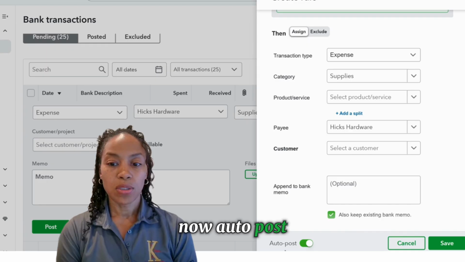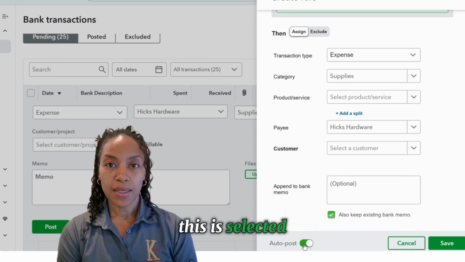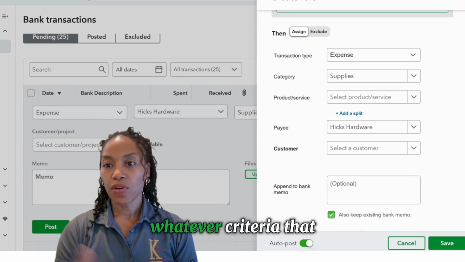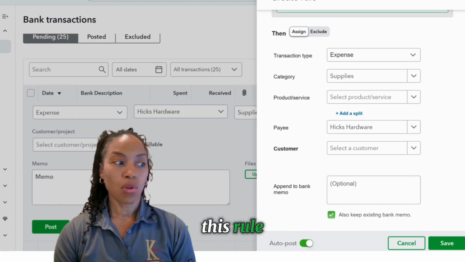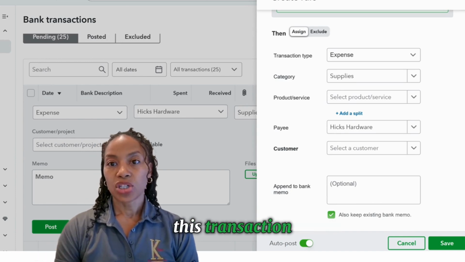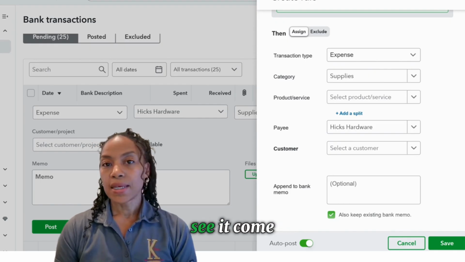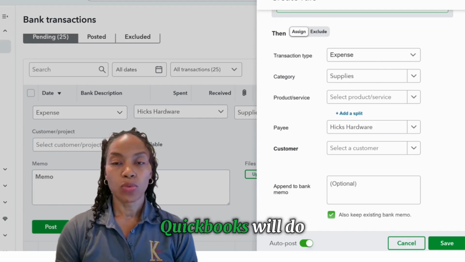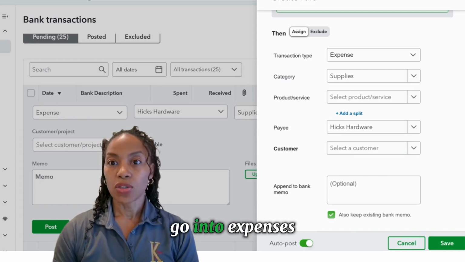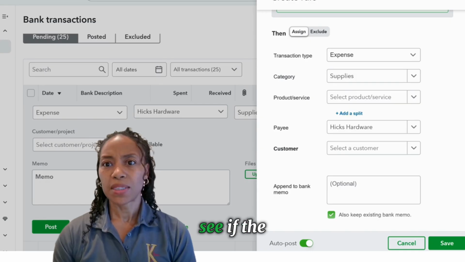Now, auto post down here, this is very important because if this is selected, which is green, that means it's on. That means that QuickBooks, whatever criteria that you have for this rule, QuickBooks will categorize this transaction to the criteria that you created within this rule. You will not see it come through the bank feed. QuickBooks will do it behind the scenes, and you won't see it until you do a deep dive and go into expenses and say, oh, let me see if I purchased that bill, or let me see if the rule